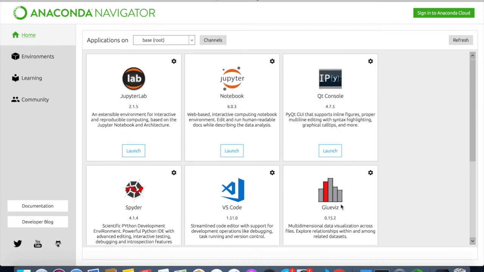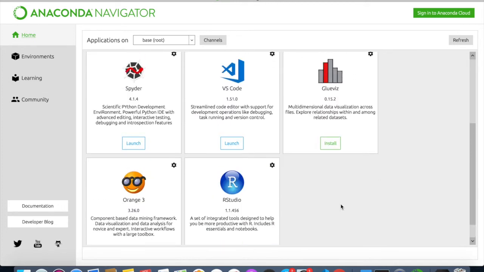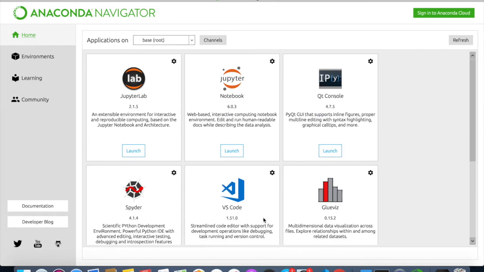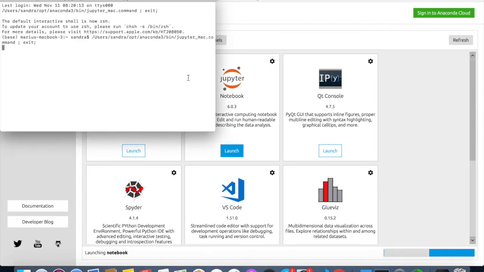It has different applications, so if you are a data analyst or programmer, you will be familiar maybe with RStudio, Spyder, or Visual Studio Code. You can use all of these because you installed the whole package. To open up Jupyter Notebook, we just simply say launch,